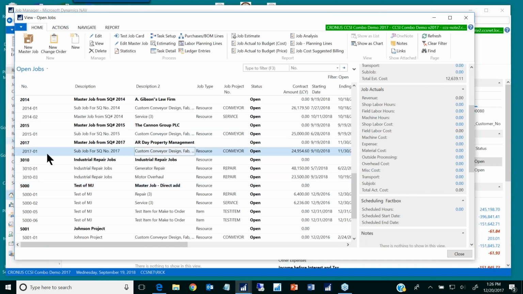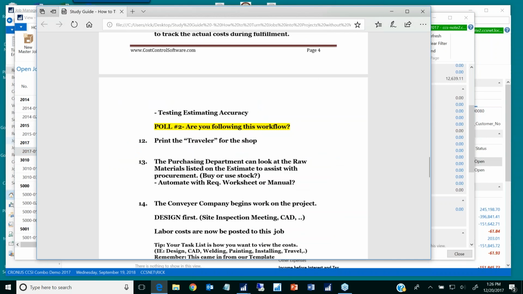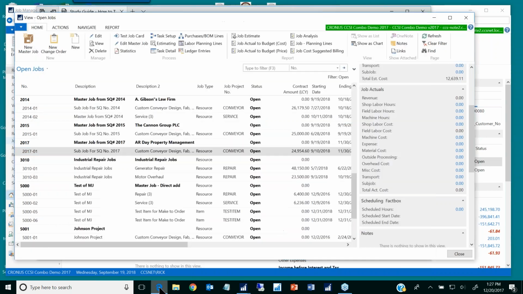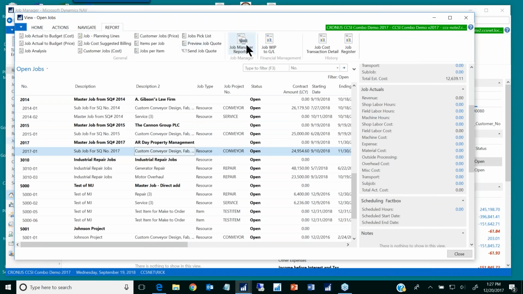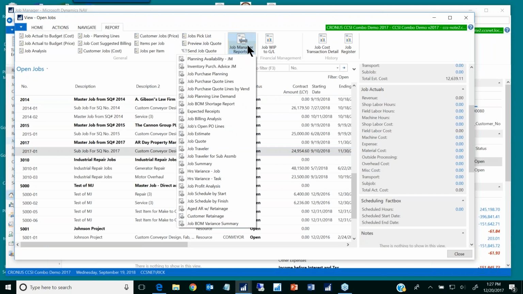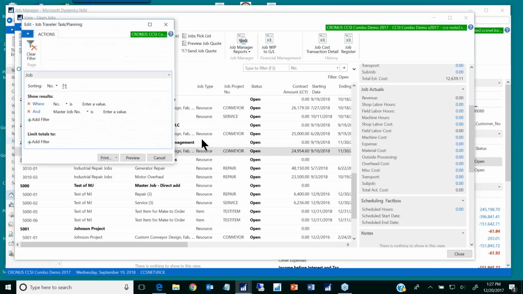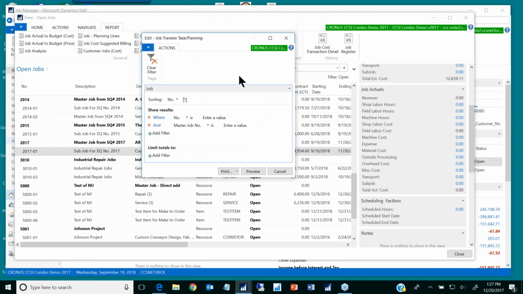Now on the one we set up, I just had one job. It's certainly very possible to have a master job and only one sub job below it. Very, very common thing. Okay, so where was I? A traveler. I want to show you the traveler. So I'm sitting here on the job. One of the first things you have to do is give the guys information about what they're supposed to do. So the job manager reports here. Here is the job traveler. And let's print this for this job that we're on,